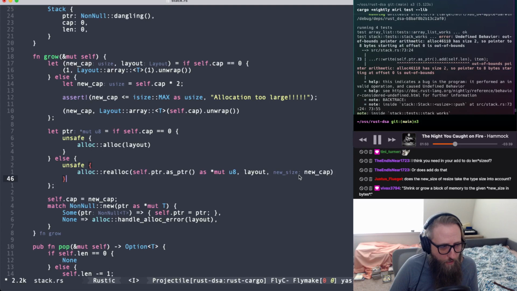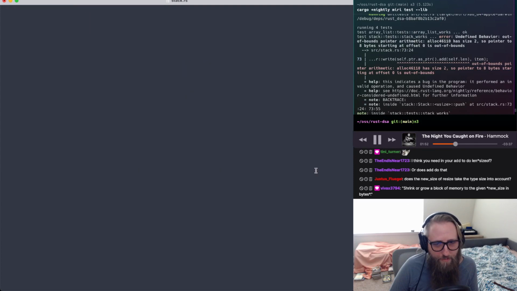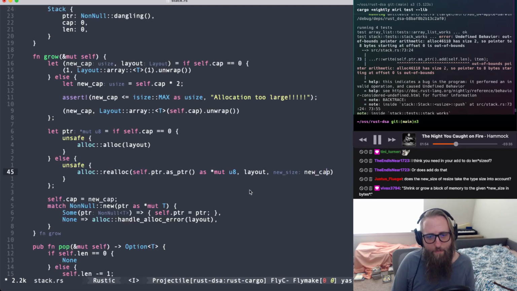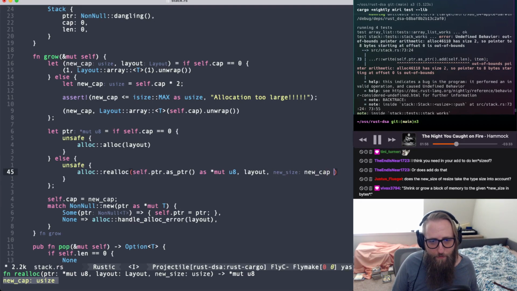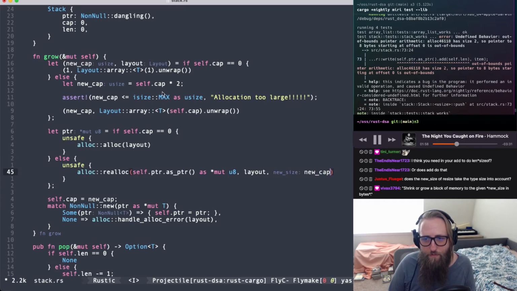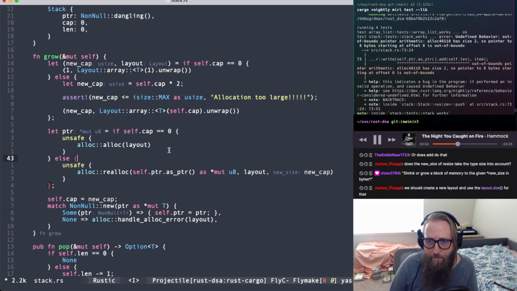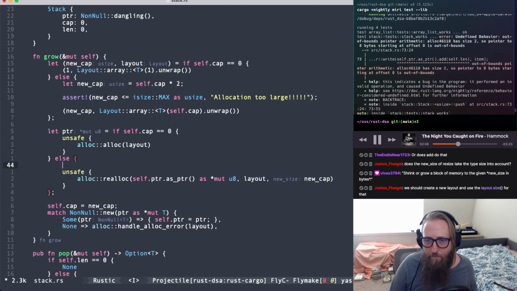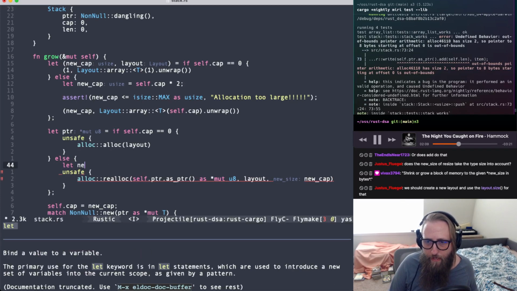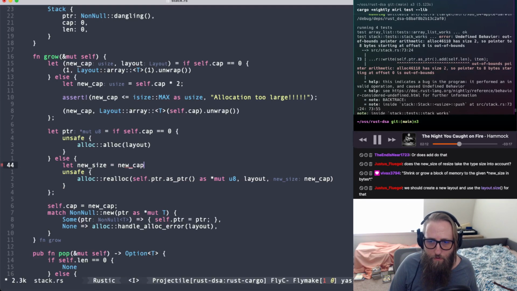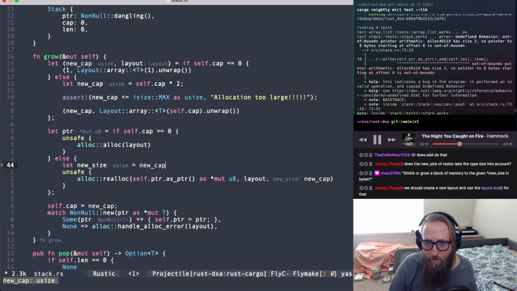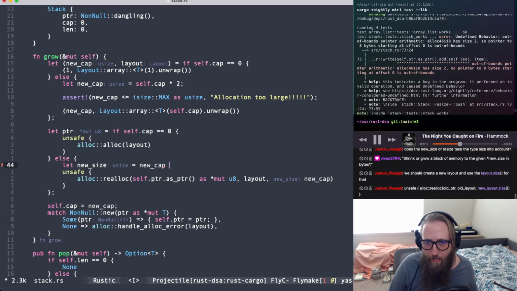Shrink or grow a block of memory to the given new size in bytes. Yep, that's it. So this is the new cap, and so this is why this is wrong. So this is new cap. That's fine. We'll just put it here for now. We'll say new size equals new cap times